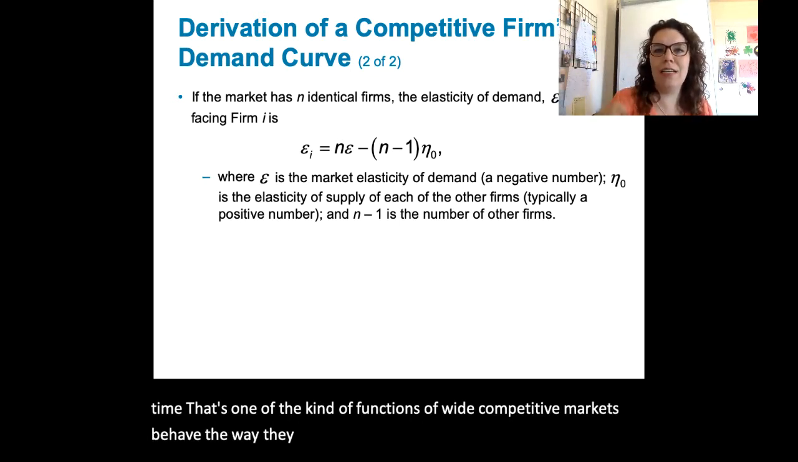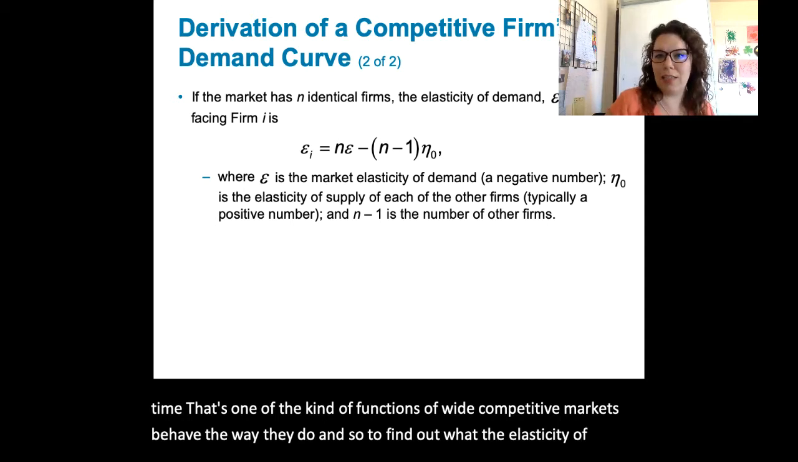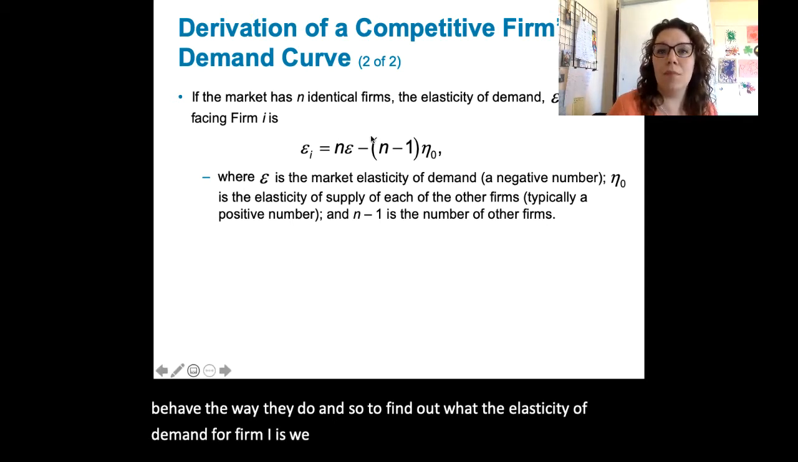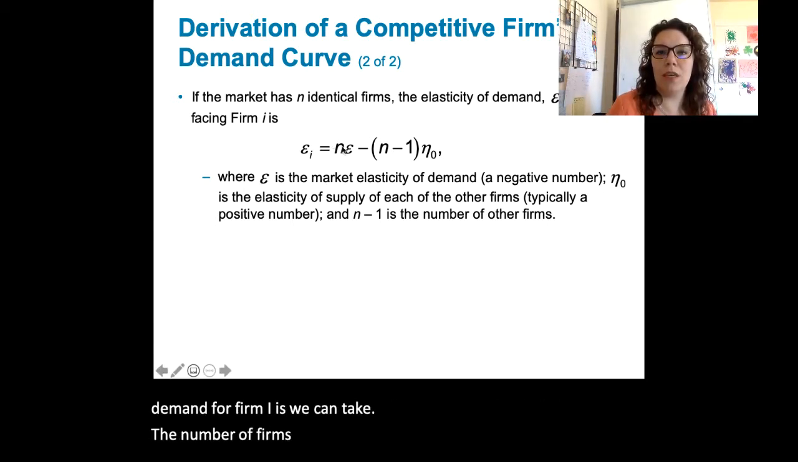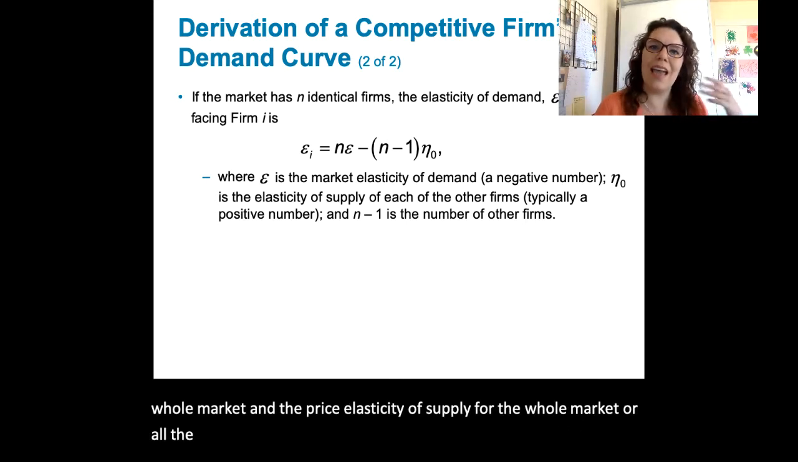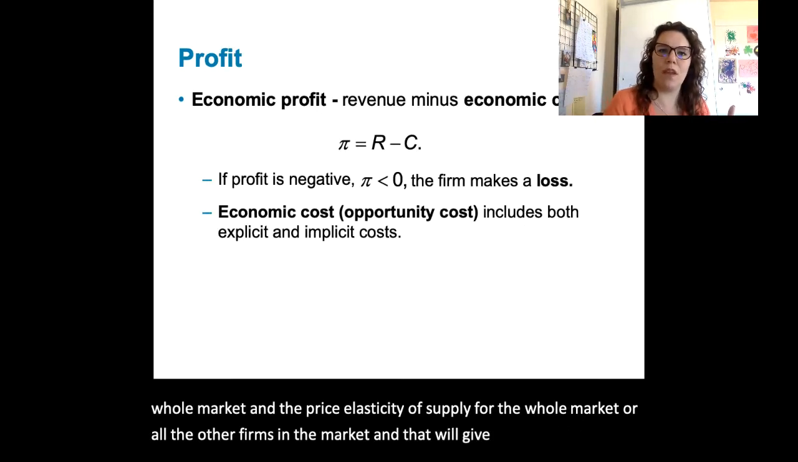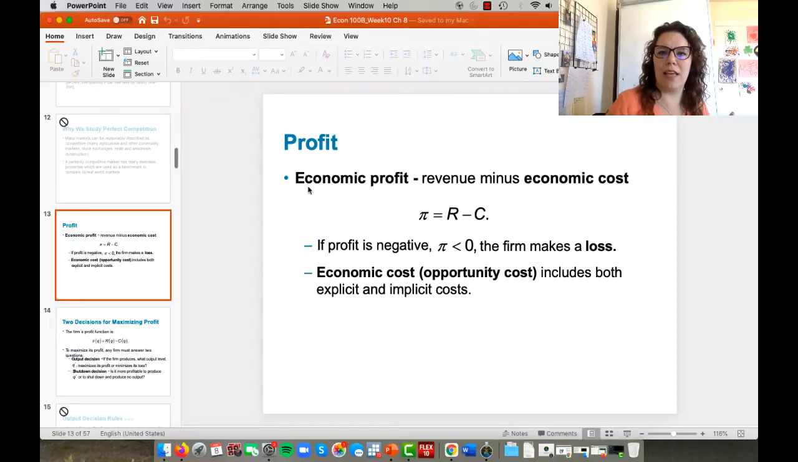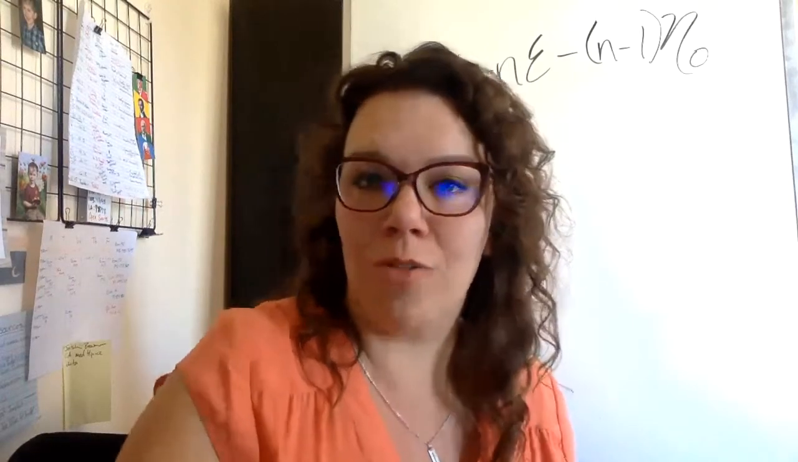And so to find out what the elasticity of demand for firm I is, we can take the number of firms in the market, the price elasticity of demand for the whole market, and the price elasticity of supply for the whole market, or all the other firms in the market, and that will give us that number. And so let's go ahead and look at that example. All right, so